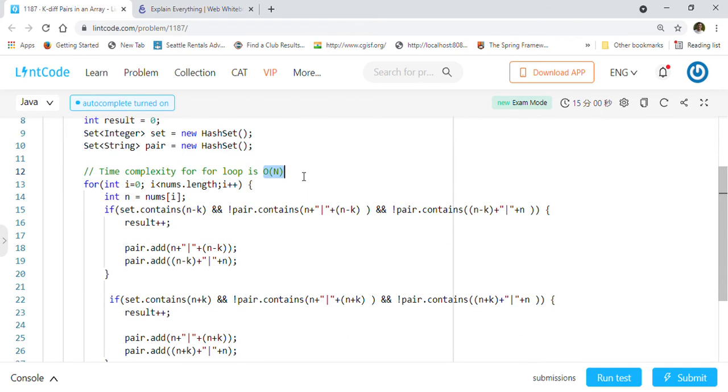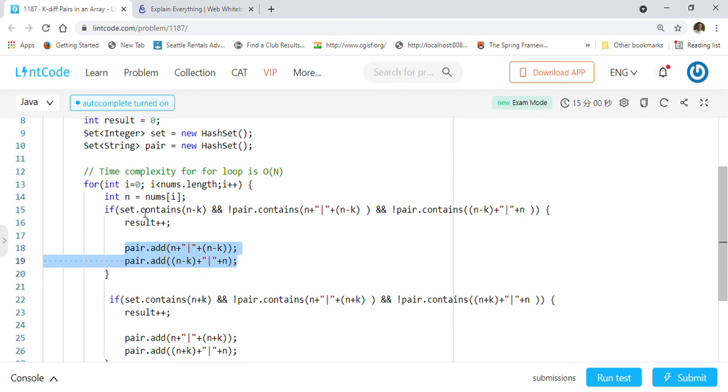The time complexity is O(n) because we are iterating through all the n elements of the array nums. We get n from nums, and we first check if the set contains n minus k. If the set contains n minus k and the pair set does not contain this entry, then we will increment the result and add the new pair.